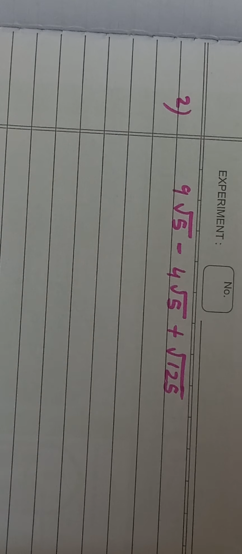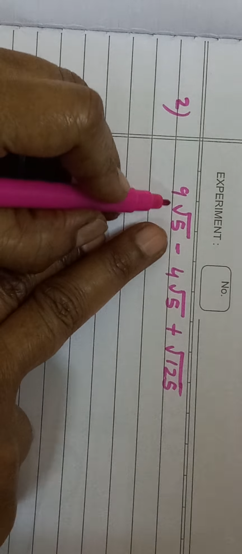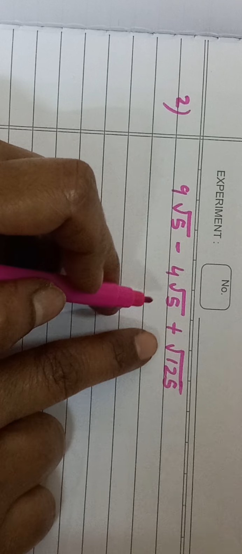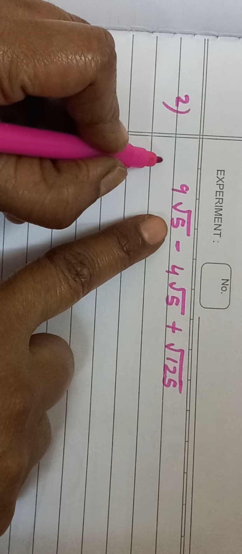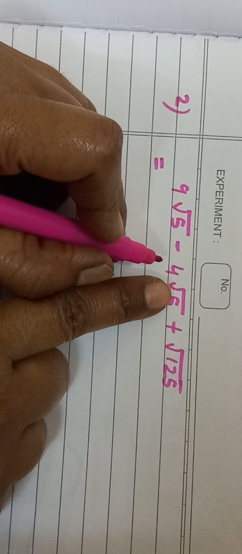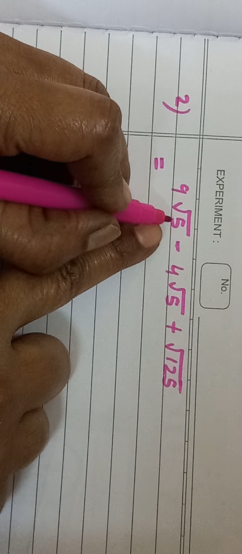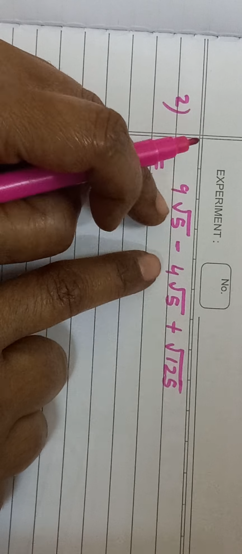The second one given is this one, 9 root 5 minus, this example we will do now. Now this example, if you see, 9 root 5. What the wordings given are, simplify. So simplify means, very important, what is the radicand given, what we can do for every surd. Now 9 root 5 and minus 4 root 5. Just now I told you, here the order of the surd is same. And 5 and 5, the radicand, is also same. So they are like surds.